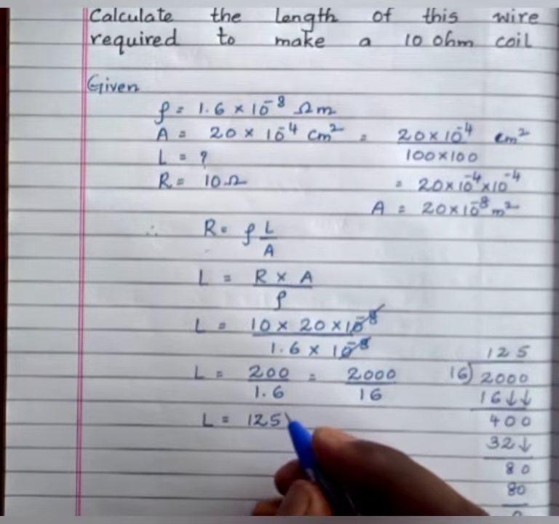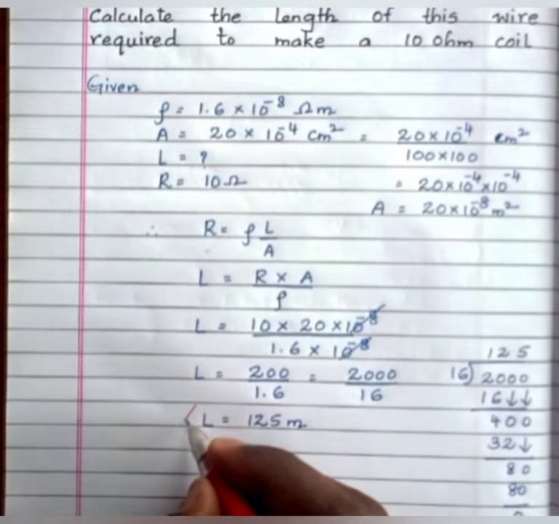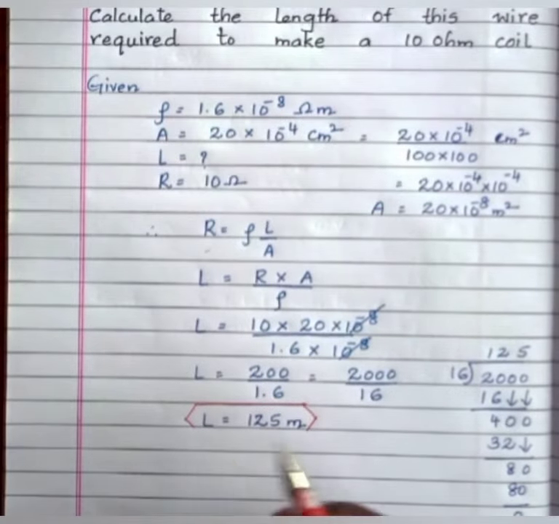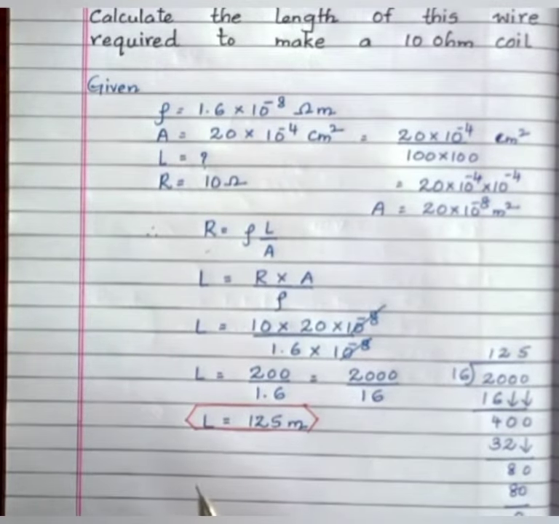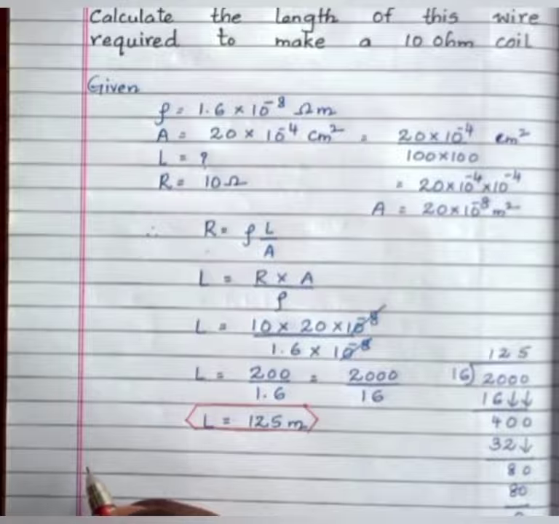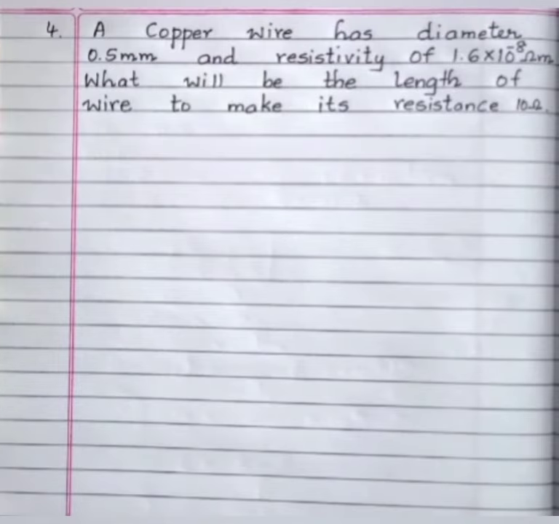This kind of questions on resistivity are very important for the exam. You need to be very careful when you are converting the units, and also the decimal points. When you are squaring it, everything you should be careful when you are doing problems on resistivity. Students, we have many similar problems from the textbook. Do solve. Now we'll solve one more similar question.